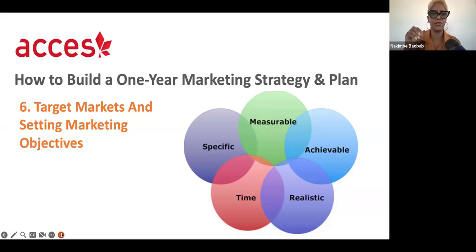So make sure that your goals and objectives are specific and they're measurable, right? You have to know you hit your target. So you have to be able to measure it. We are 50% towards our target, we're on track to succeed, or we're only 25% to our target, we have to make up time or we're not going to hit it. Right. So it has to be measurable and has to be achievable and realistic.